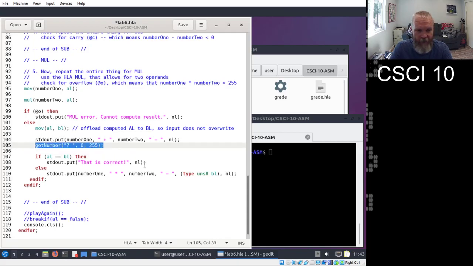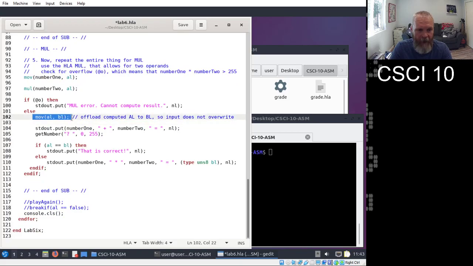So if I allowed this get number to happen without doing anything about my nicely computed result, then I'd lose my computed result and I'd have to do it all over again. Remember, the reason why it had to be AL is because you cannot mul into anywhere else but the A register. So it had to be that. Okay, so I copy the answer off to the side.